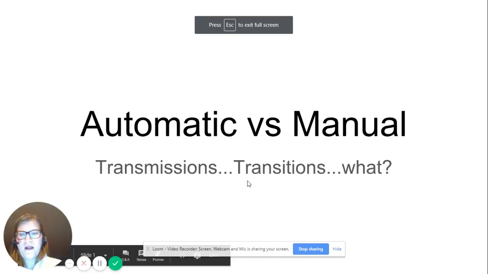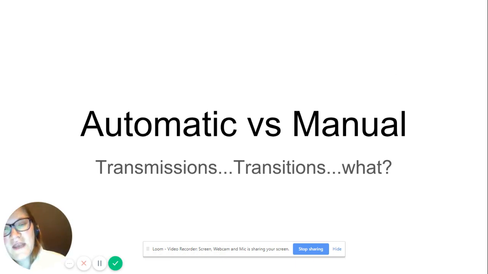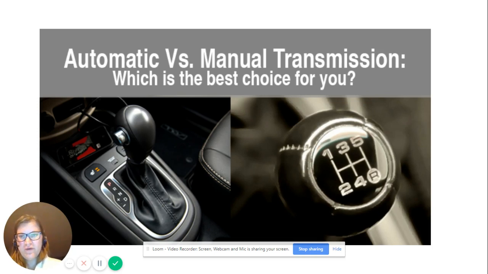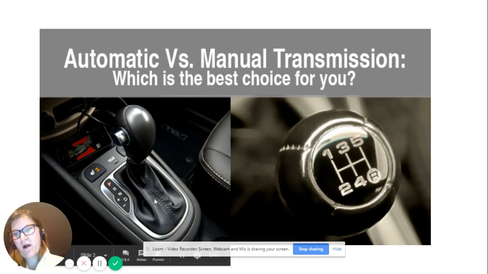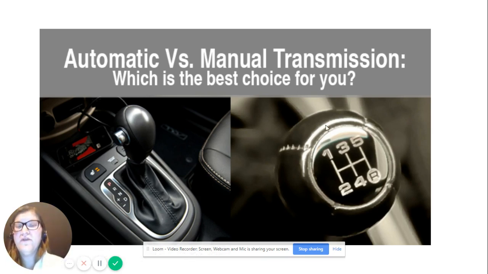So I'm going to jump to this concept of an automatic and a manual transition, which is also in your pink packet. At first, before we start talking about transitions, I'm going to talk to you a little bit about transmissions. Anyone that knows about transmissions knows that there are two kinds: an automatic transmission and a manual transmission. You're probably, like myself, more familiar with an automatic one. However, there might be some of you in this classroom who know how to use a manual